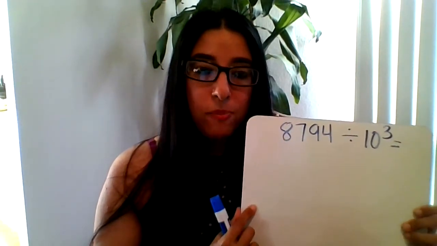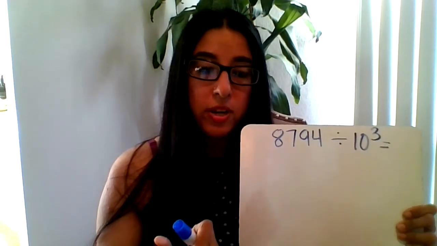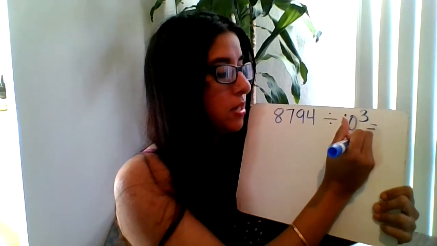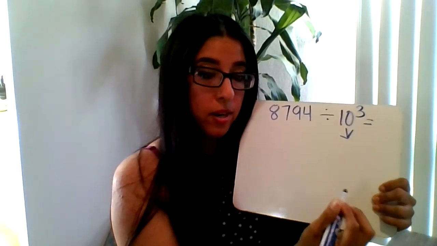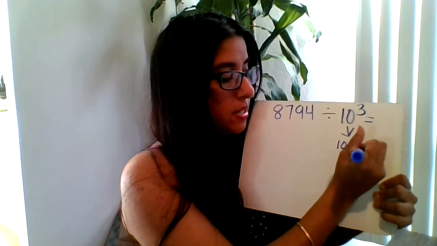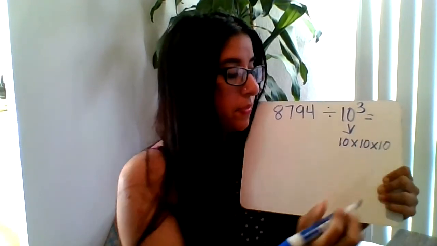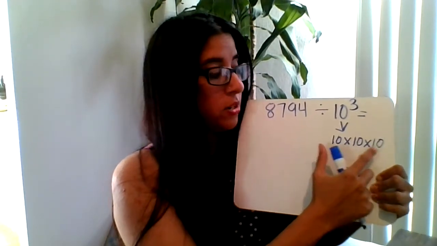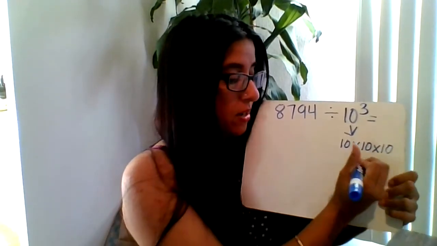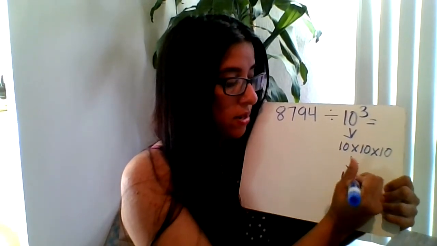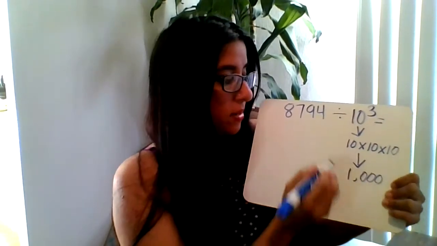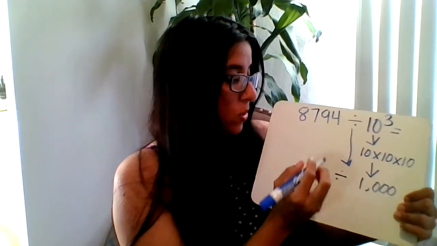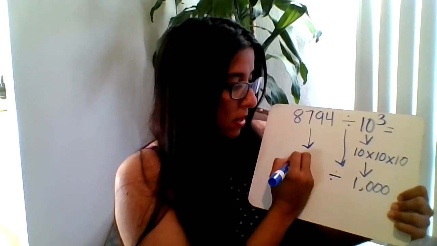Now, just like with order of operations, same thing we do again. We look for parentheses, there are none. Next one is exponents. Let's go ahead and convert our exponents. 10 to the third power would be 10 times 10 times 10. And 10 times 10 is 100, and 100 times 10 would be 1,000. So I'm going to go ahead and bring that number down there. So now I have a 1,000. I will bring my division sign now because I'm going to create my new equation and bring down my whole number,